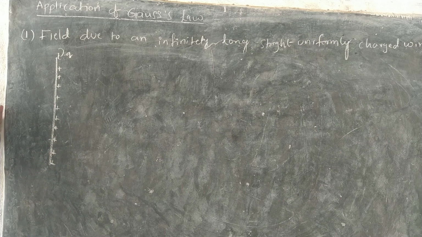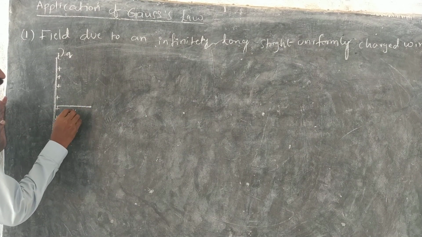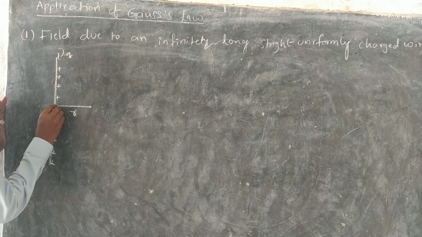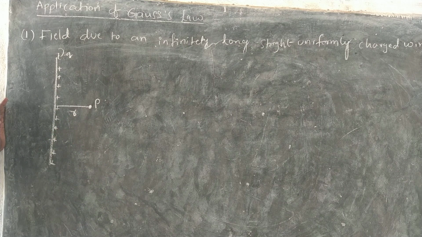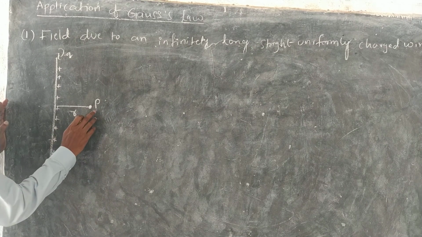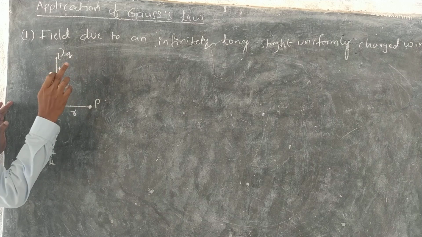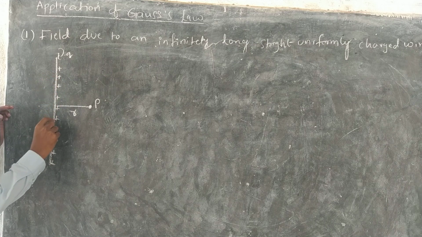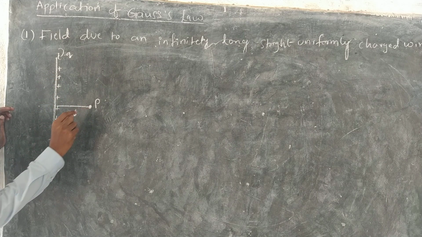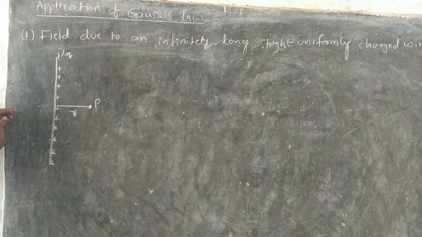Charge given is q, take it as positive charge, uniformly distributed. Suppose at a distance r, let us say this point is P. If you apply the formula E is equal to 1 by 4 pi epsilon naught q by r square, q is distributed. So this small portion of charge's field contribution is there at this point. Which portion of charge do we need to consider in that formula? That is a complication, so that formula does not help.